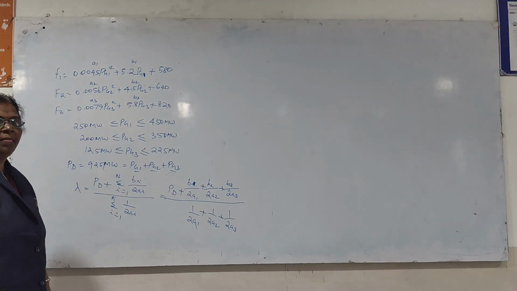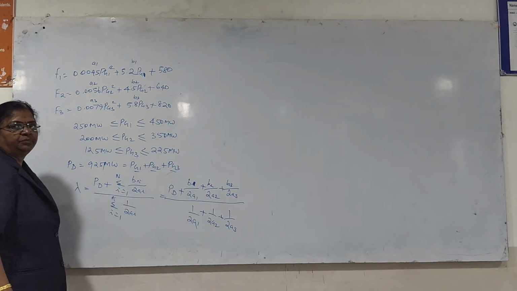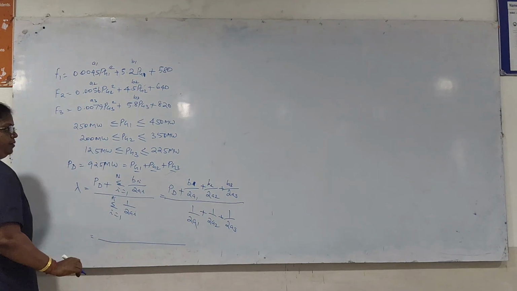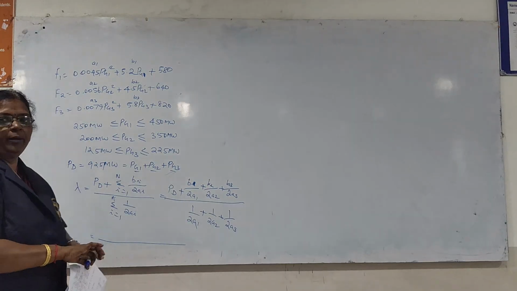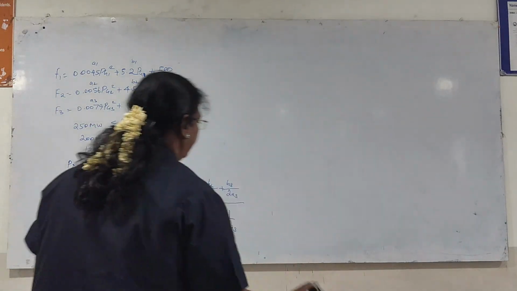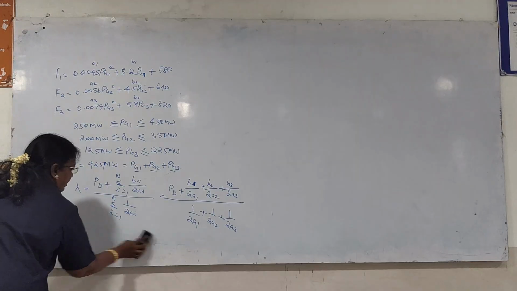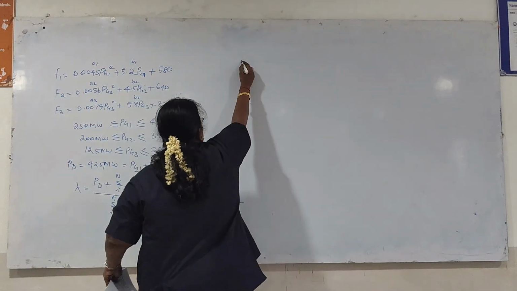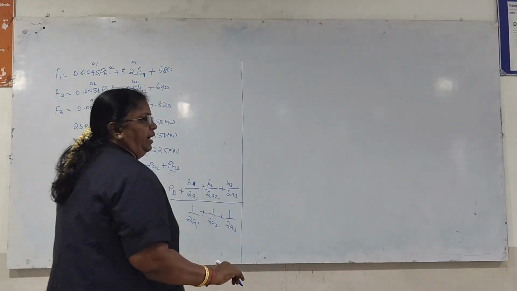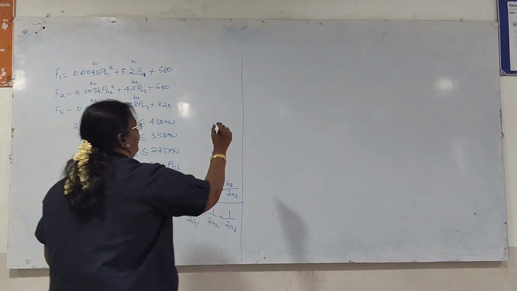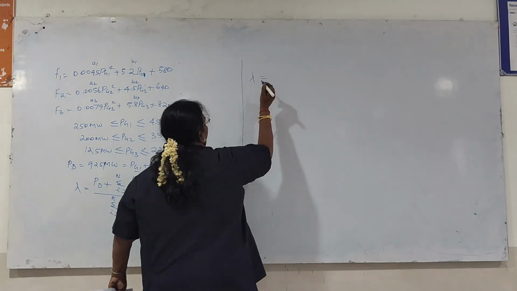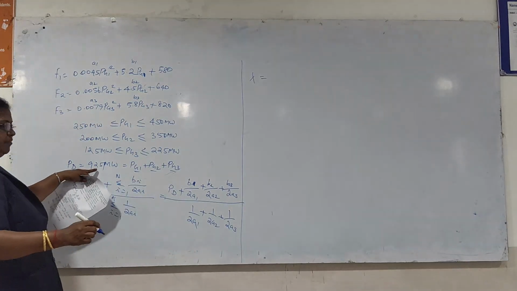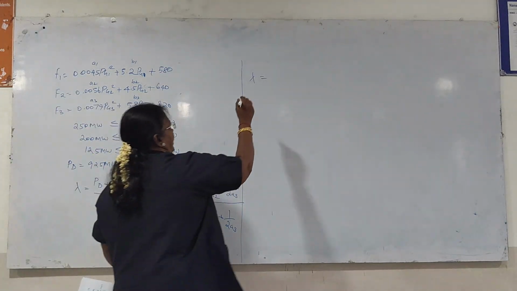What is the next step? We have to substitute the values here. I think you are not able to see if I write in the value, so I will do one thing. I substitute the values here. So for lambda, PD, what is the value of PD? It's given as 925. So 925